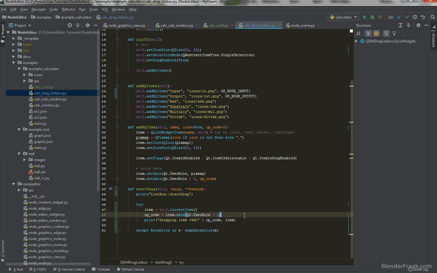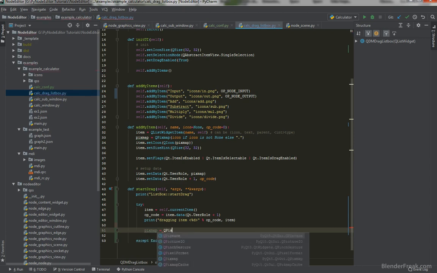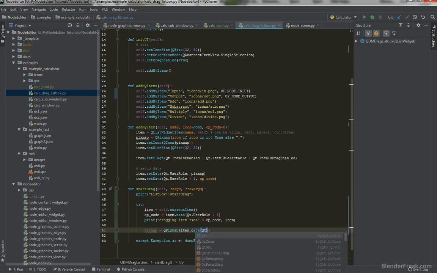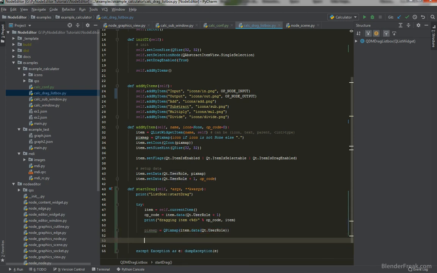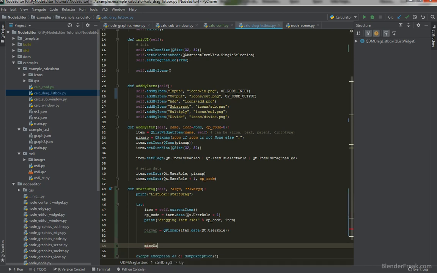Now we can have a look at what we actually want to create. I want to ask for the pixmap which we stored in the item data. So pixmap is going to be QPixmap item.data, and we stored this at position Qt.UserRole. This way we should retrieve the actual pixmap. And now it would be a good time to create the new mime data. So mime data is going to be a new QMimeData,